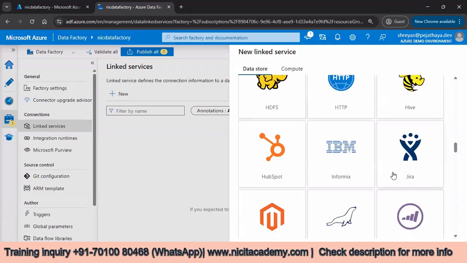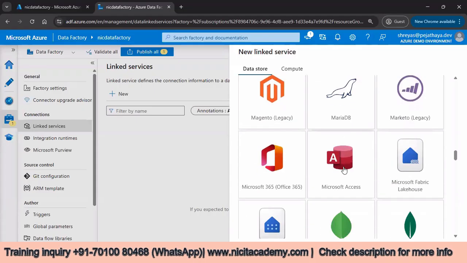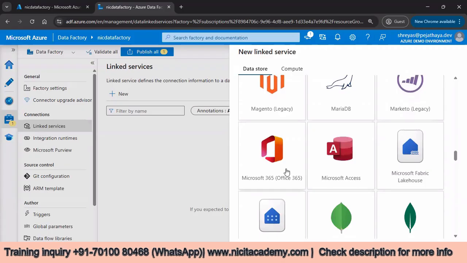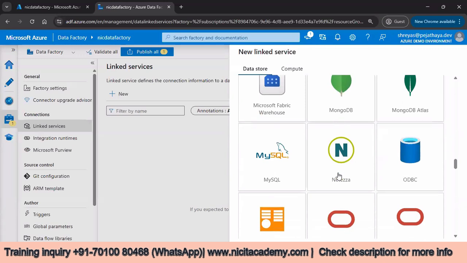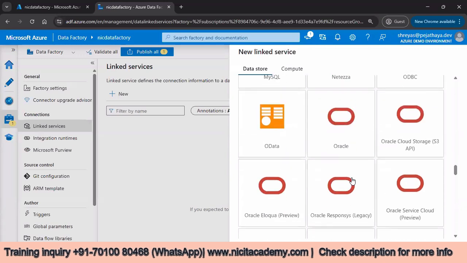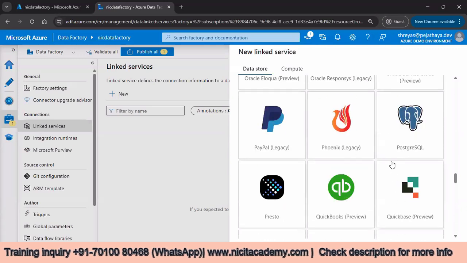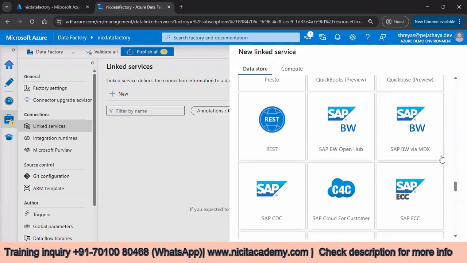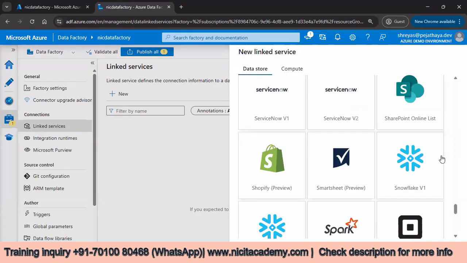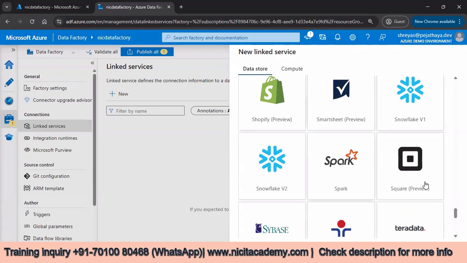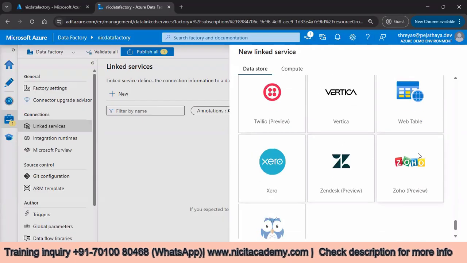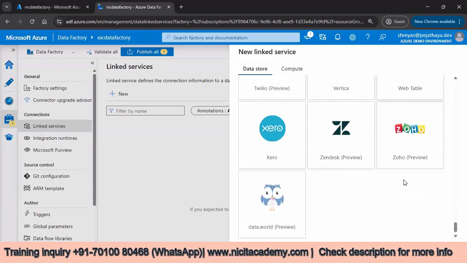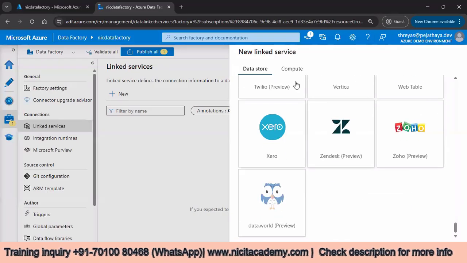Jira is there, MariaDB, Microsoft Access, M365, Fabric Lakehouse, Fabric Warehouse, MongoDB, right? ODBC, Oracle, PayPal, PostgreSQL. All these different stores are available that you can connect to. ServiceNow, Spark, right? Snowflake. Teradata is also there, right? So these are all the different stores available,